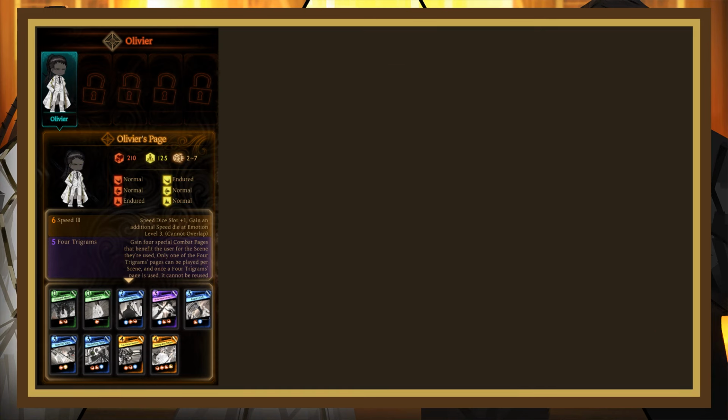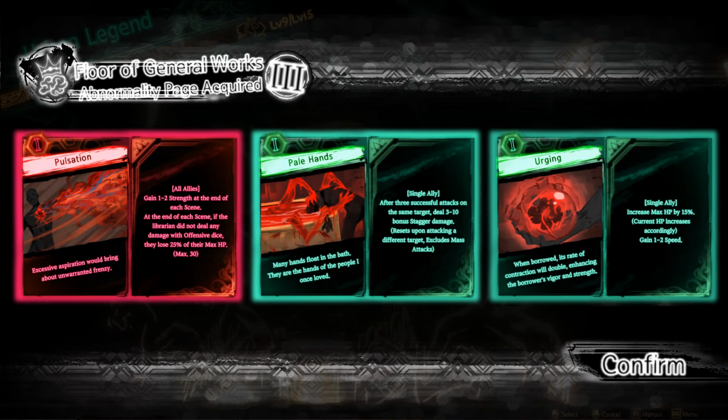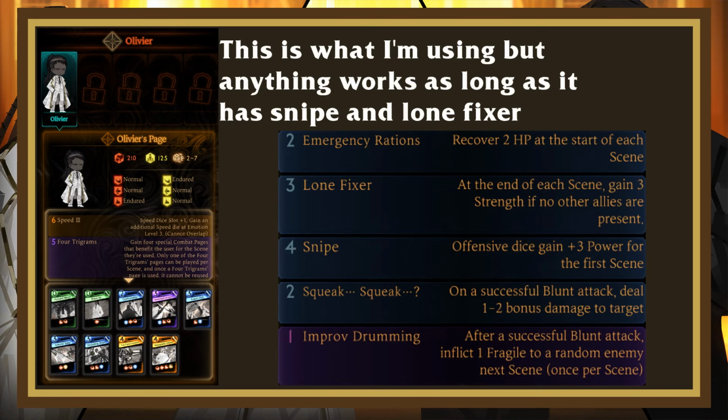For abnormality pages, you're going to want to take 2 of Pulsation, Pill Hands, and Urging, prioritizing them in that order. Then for tier 2 pages, take Sword of Frost and Fervent Beats. You should be able to beat the reception before you die to Fervent Beats due to the crazy amount of stats that you get. After you've beaten him and can attribute passives, Snipe, Lone Fixer, and any other power boost will let you farm